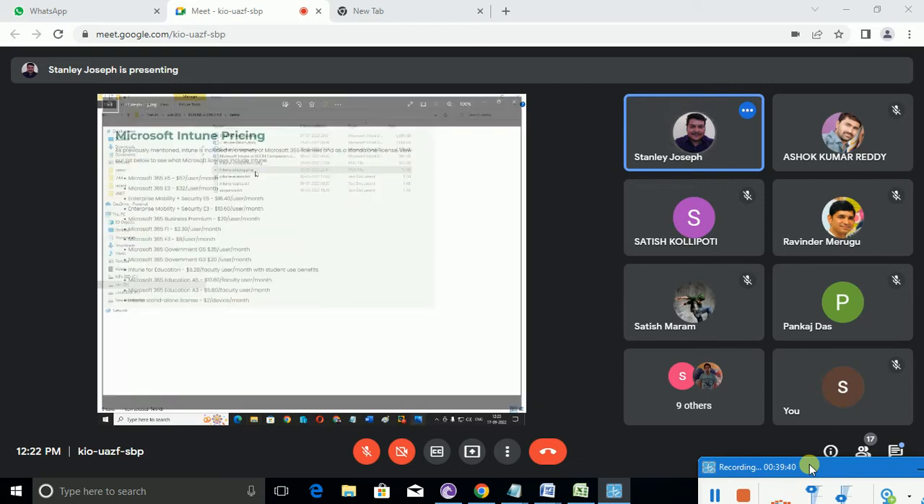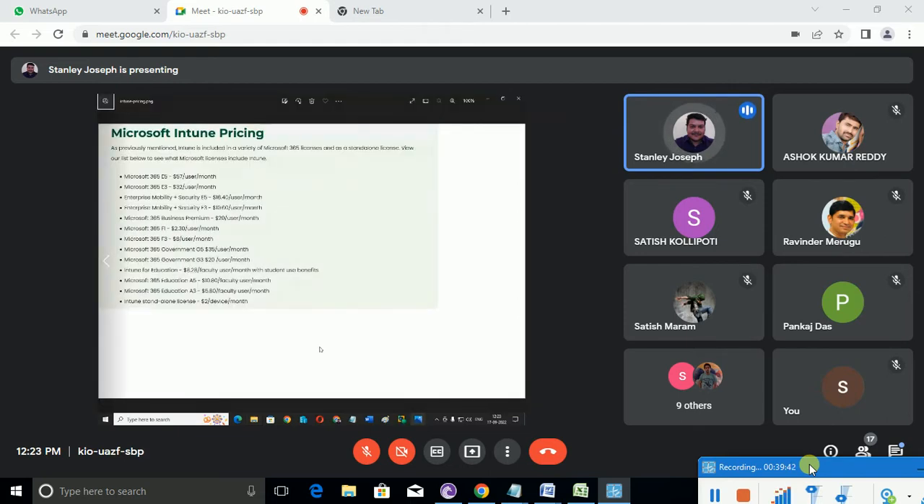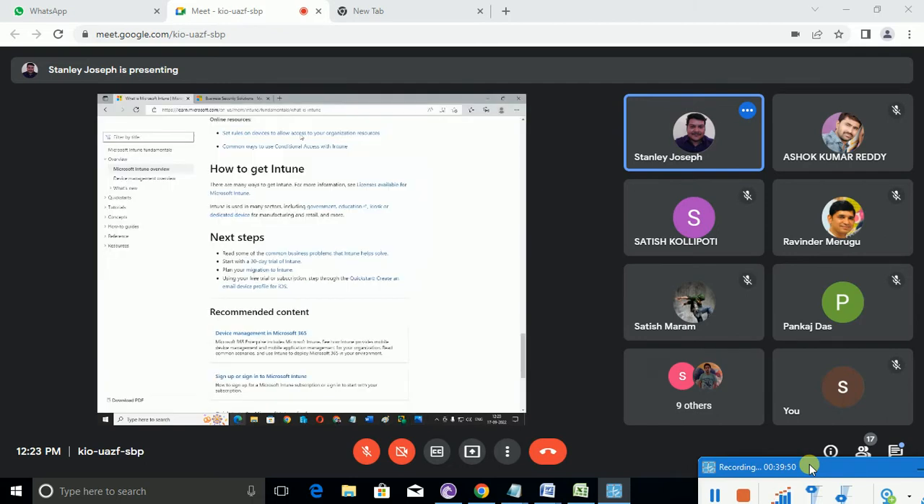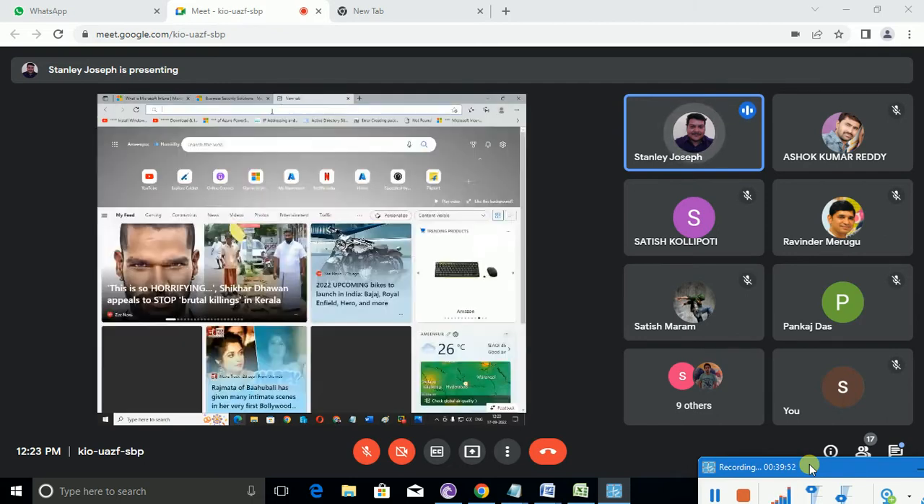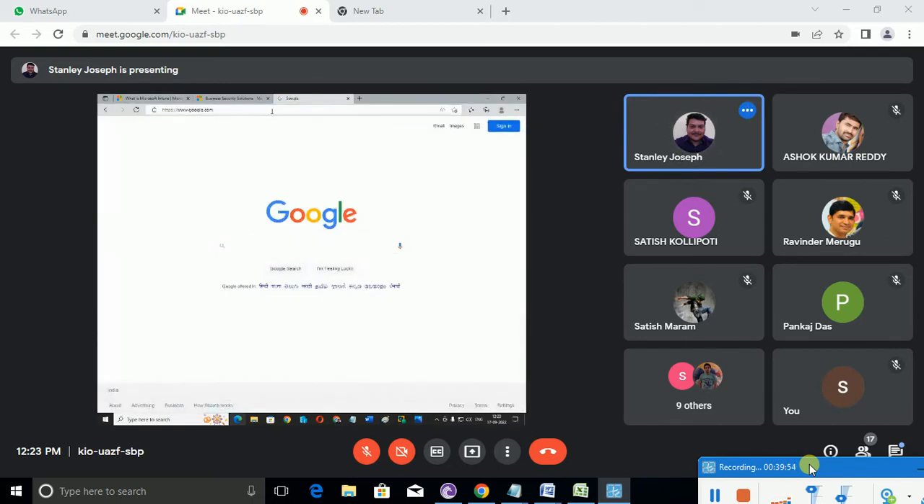So let's get some more details on this. So this is what Intune pricing looks like. If you buy any of these Microsoft products, usually Microsoft Office 365, what do you say, SCCM, MECM, so if I want to sign up for Intune,